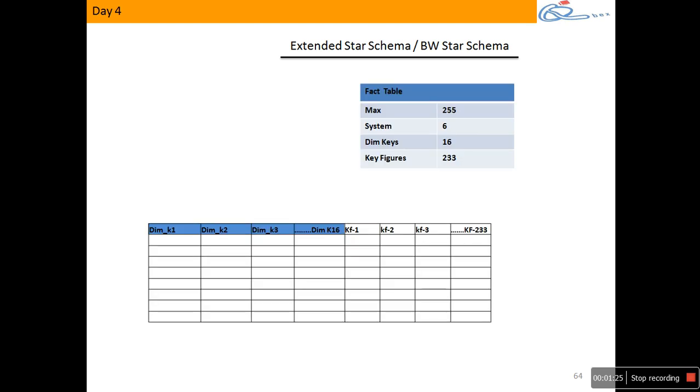Now we are trying to open up the fact table and the dimension tables all together. I'm opening this slide. I'm trying to open up the fact table. Actually, when you create a cube and activate the cube, as I did yesterday, it creates these fact tables and dimension tables in the back end.